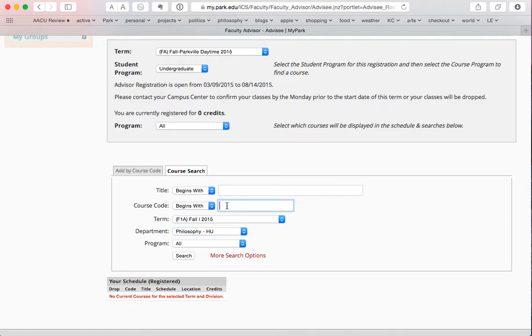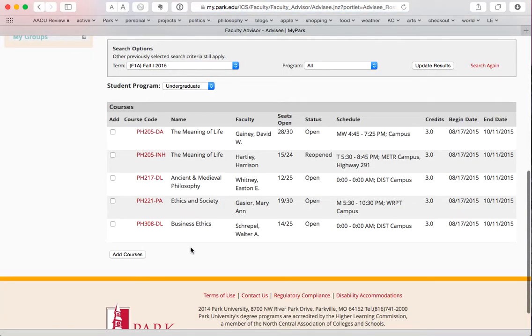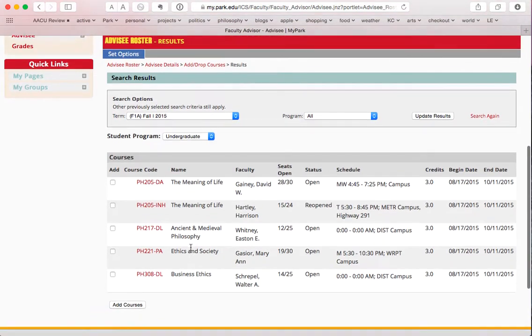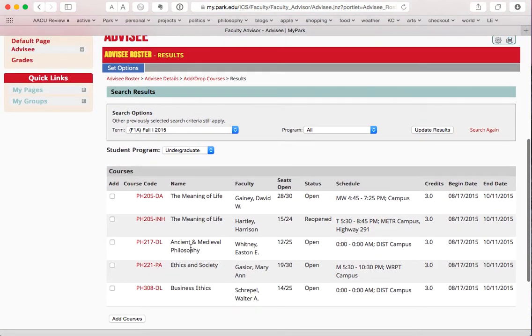So you could type in the course code here. I could type in PH 221 and get the course. I could also search for the text of the course here. It happens to be ancient philosophy. But I'm somebody who believes in filling out as few fields as possible. So I am just going to search for all philosophy courses. And at that point, all of the ones that we have available for the Fall 1 8-week term will come